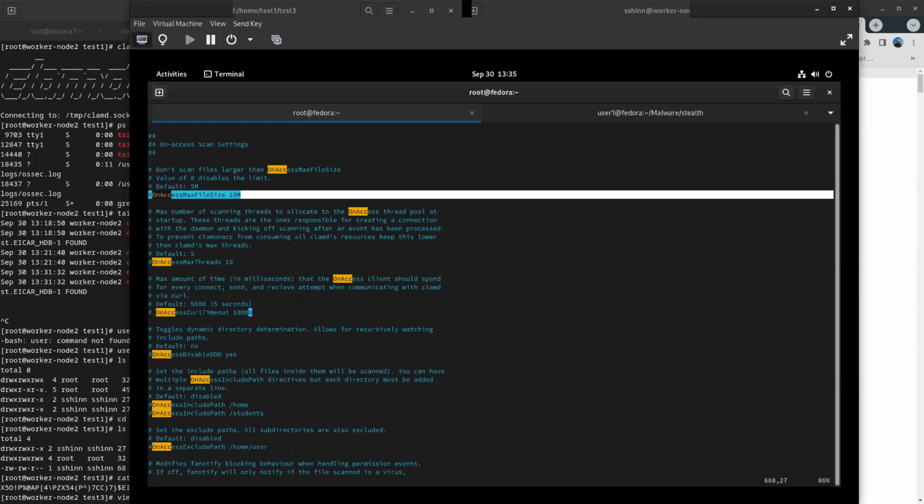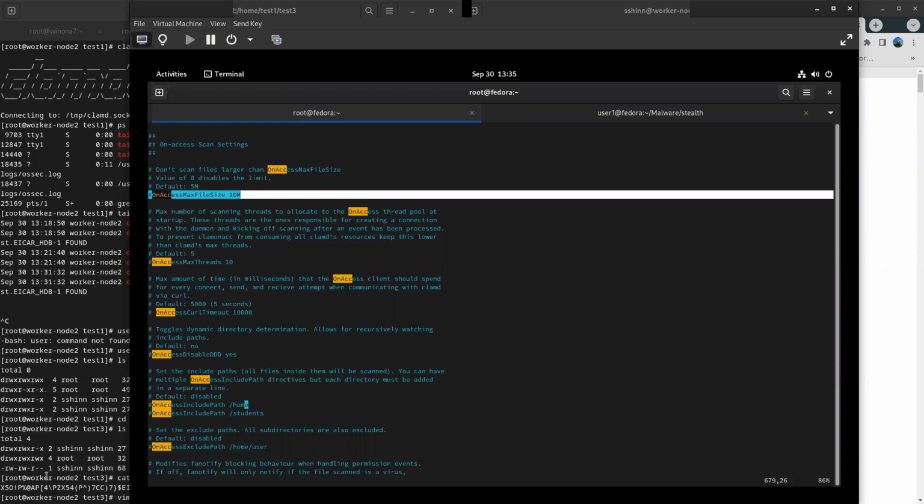Now, the good news is, once a file has been scanned, it does not ever have to be scanned again unless it changes. So if I kept hammering away on that EICAR file or whatever, my malware file, it's not going to introduce any latency. That's the beauty of fanotify. It's cached this data in the kernel. And there is at least one other project that I know of so far that has implemented fanotify, which we're absolutely going to cover. It's called fapolicyd, and it is an application whitelisting system. So you could use fanotify for more than just malware detection. You could actually use it for true application whitelisting.